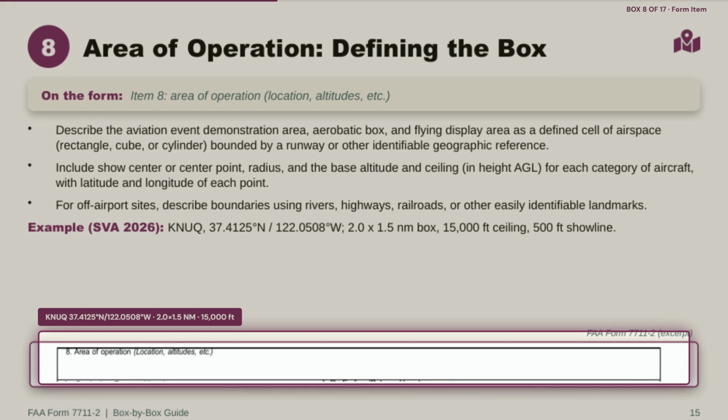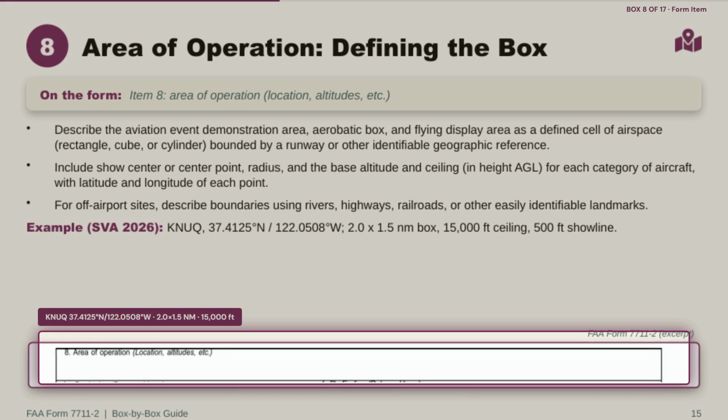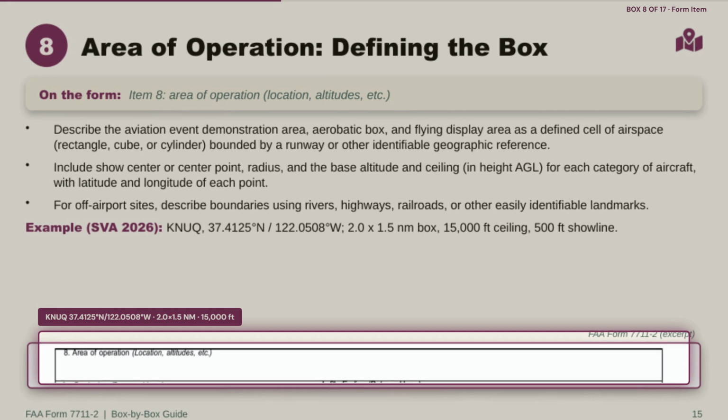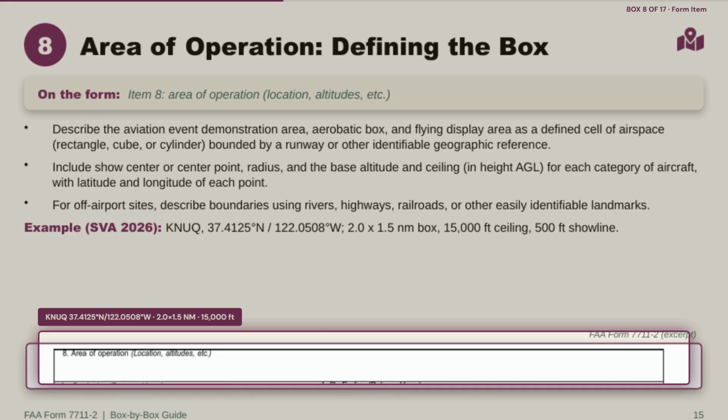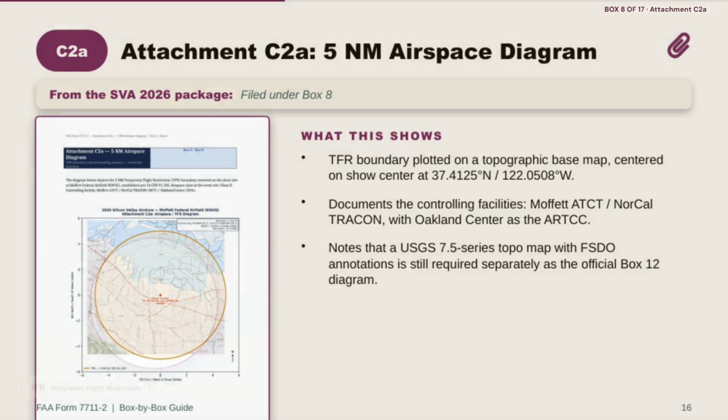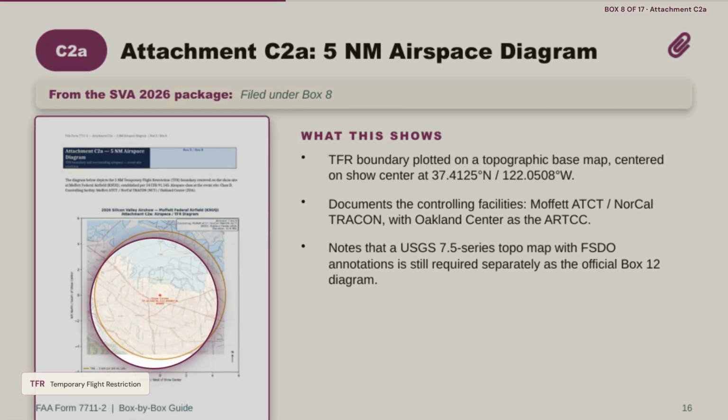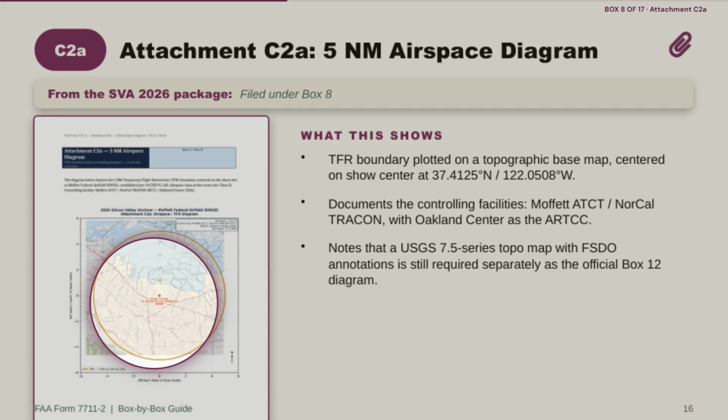In the SVA 2026 package, this comes out to KNUQ, centered at 37.125 north, 122.0508 west, forming a 2.0 by 1.5 nautical mile box with a 15,000-foot ceiling and a 500-foot show line. Item 8 has several supporting attachments, and we'll walk through each one over the next few slides. Attachment C2A is the 5 nautical mile airspace diagram, filed under Box 8, and it plots the TFR boundary on a topographic base map centered on the show center coordinates from the previous slide,